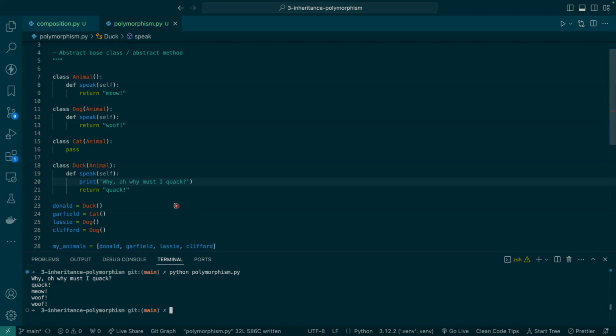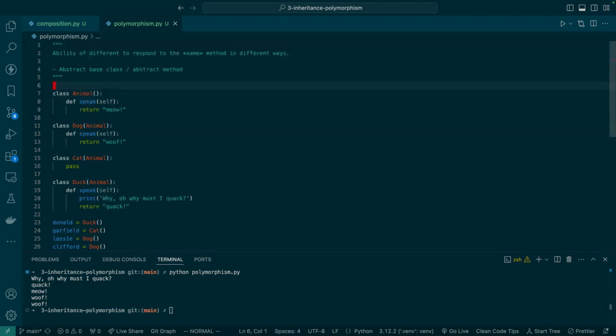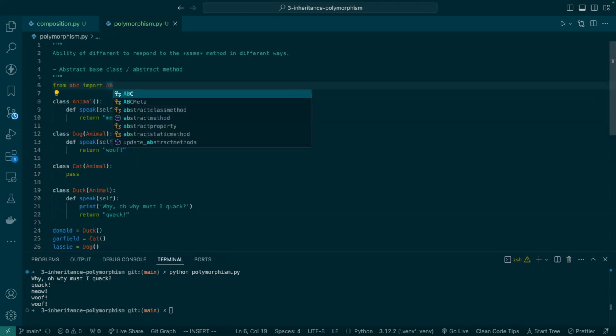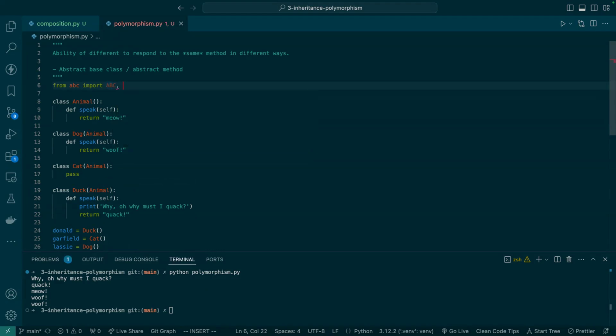Python has something called an abstract base class. I'm not going to go too deep into it, but it lets us enforce some of this. ABC stands for abstract base class. This is part of the Python standard library, and we're importing this class called abstract base class, and we're also going to import something called abstract